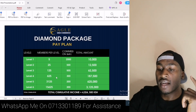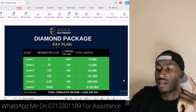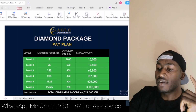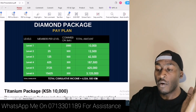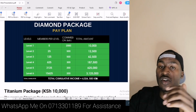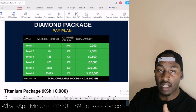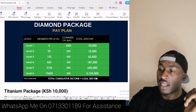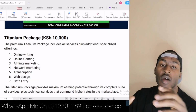Level 3, 500. Level 4, 300. Level 5, 200. And level 6 is 200. Cumulatively, if you build a team of 5, bring 5, you will make 4.024 million Kenya shillings. And this doesn't happen immediately. It takes time. So the last package I'm going to share with you is the Titanium package, where now you'll